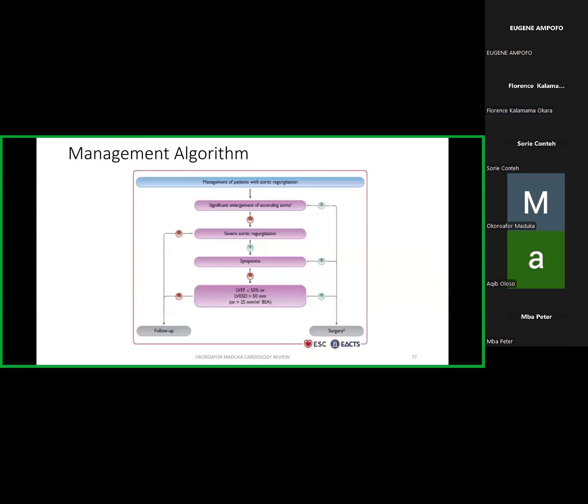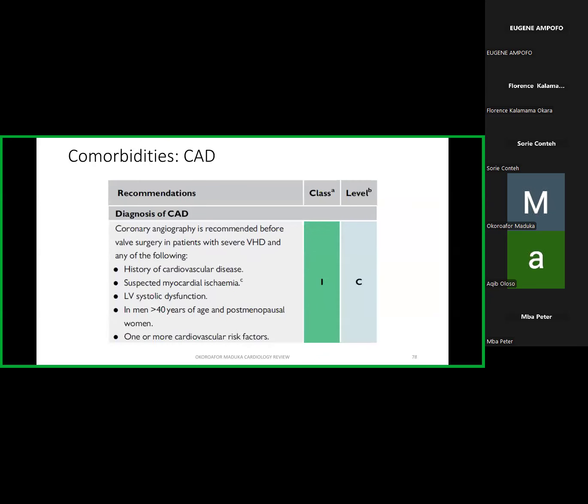So this is also what I've talked about, the flow chart that helps you determine if a patient will have surgery or not. So a patient that has aortic regurgitation, patient is symptomatic, patient has left ventricular ejection fraction less than 50, okay, you should consider surgery in these patients. So if a patient has